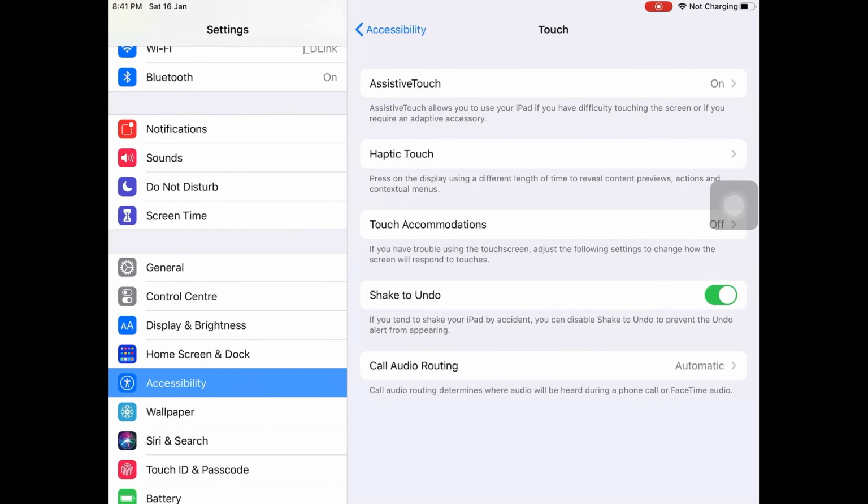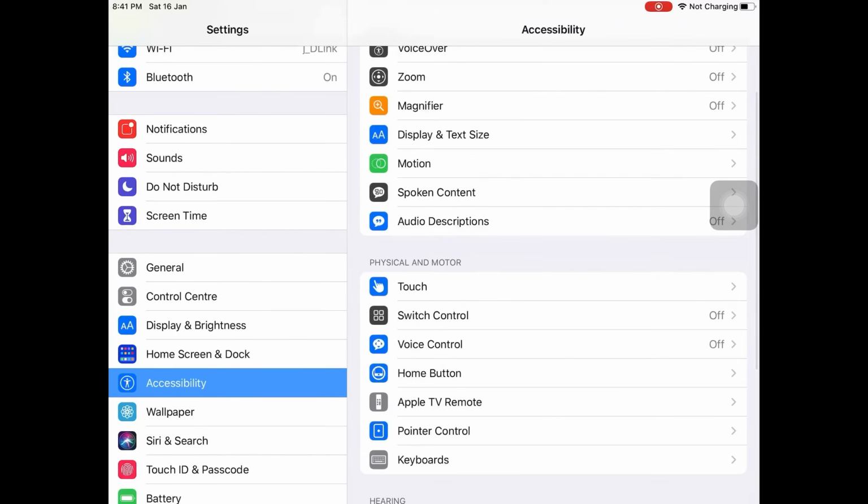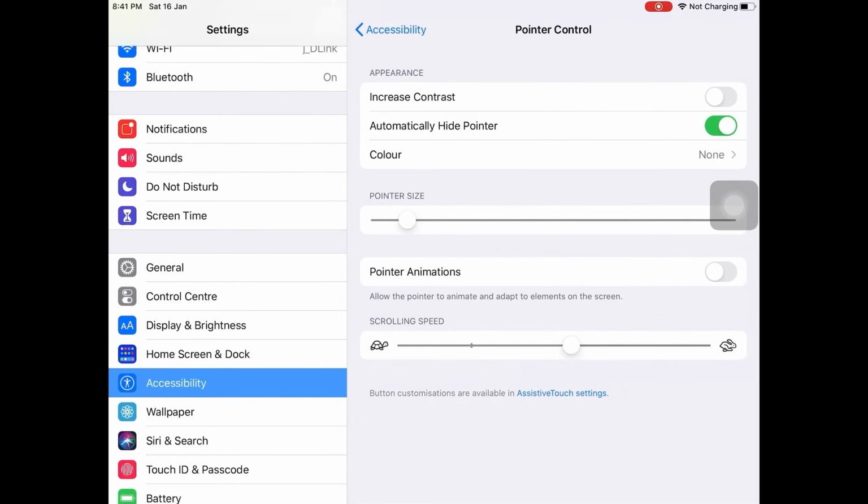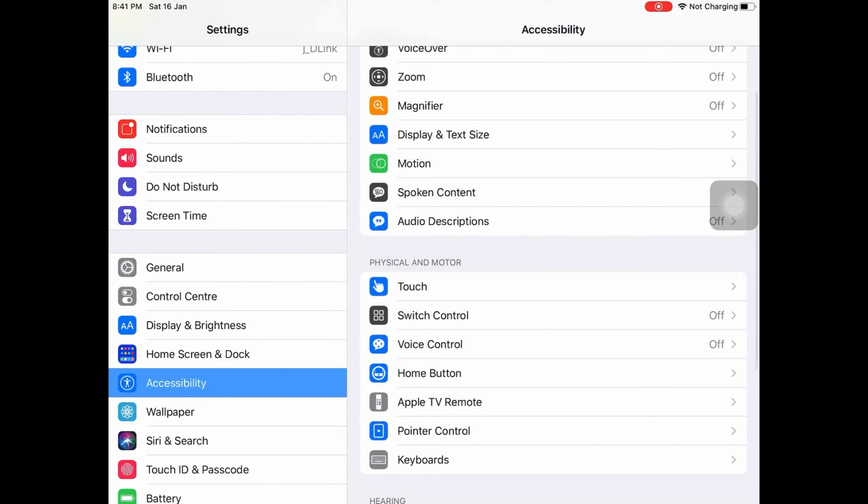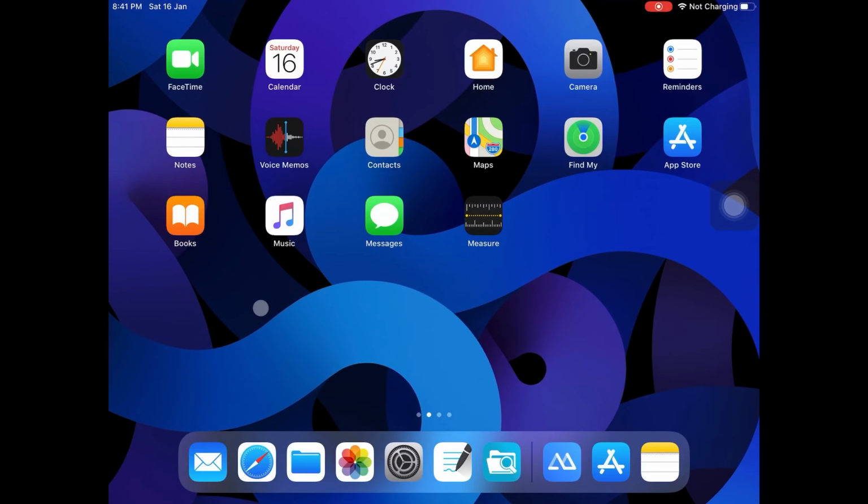Now under accessibility, click on pointer control. Here disable pointer animations and you can change pointer size as per your interest. By this all the settings have completed. Now you can control your iOS device via your Windows PC.